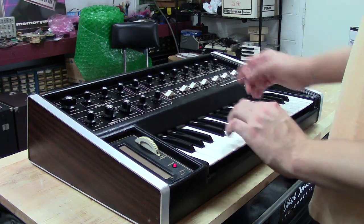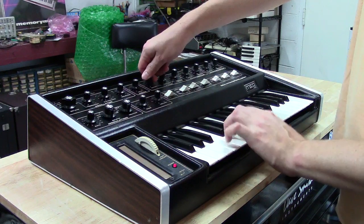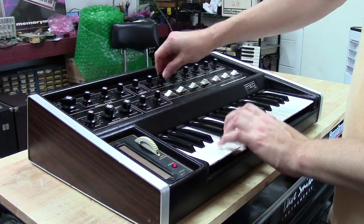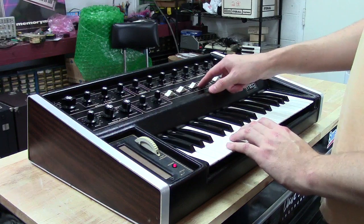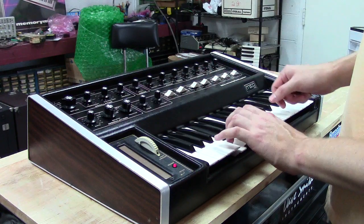You got full mode. We'll go back here and it actually will not self-oscillate unless you're in the tone mode, which is why it's called tone. Turn the oscillators back on. But what's really cool about the synth is it has frequency modulation of the filter. So if we go here, we can actually